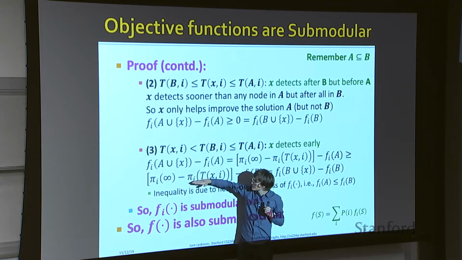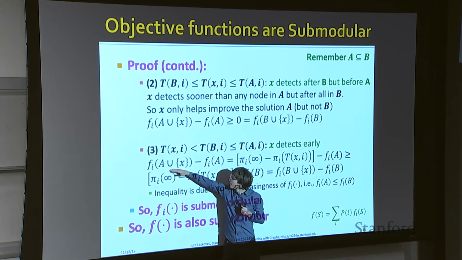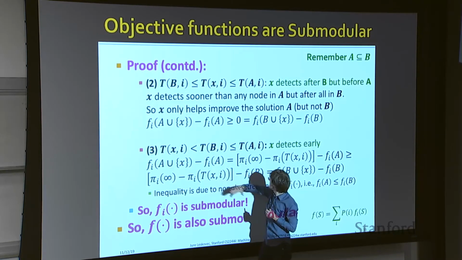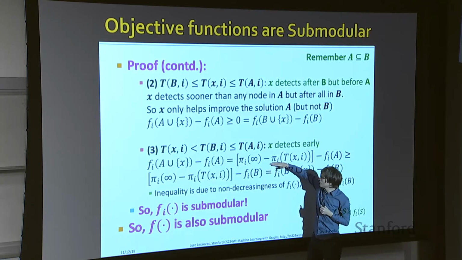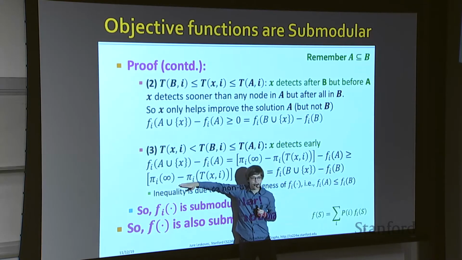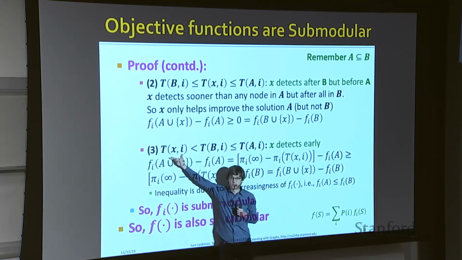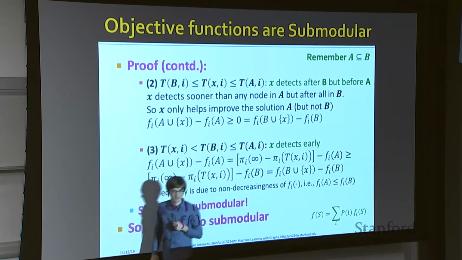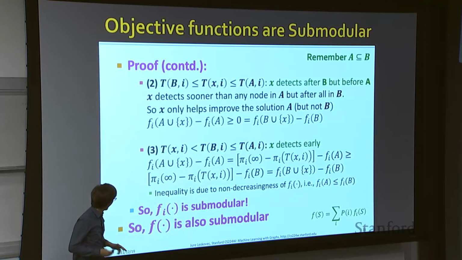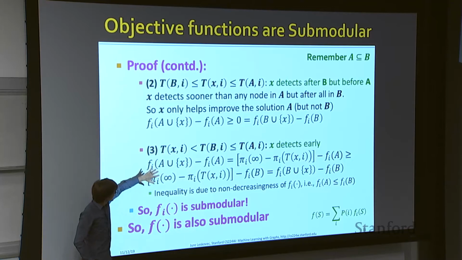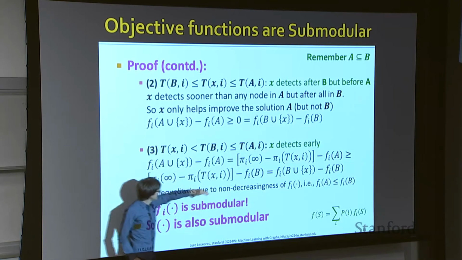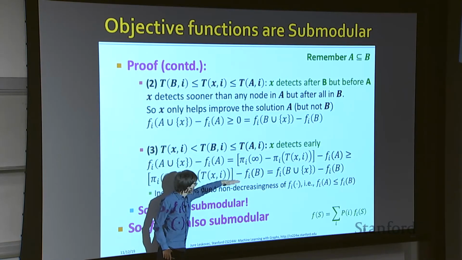So in some sense, f of A union X minus f of A, and f of B union X are the same because X is the first to detect, right? So the rest doesn't matter. Good question. All right. So now what we saw is that in all these three cases, this submodularity property is